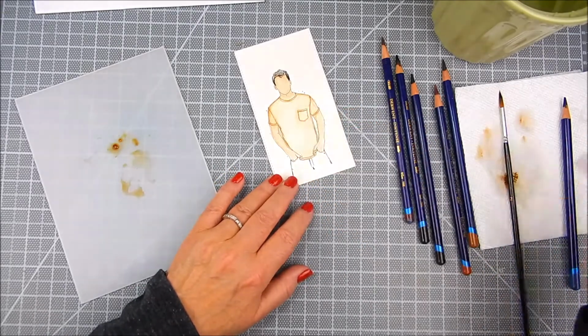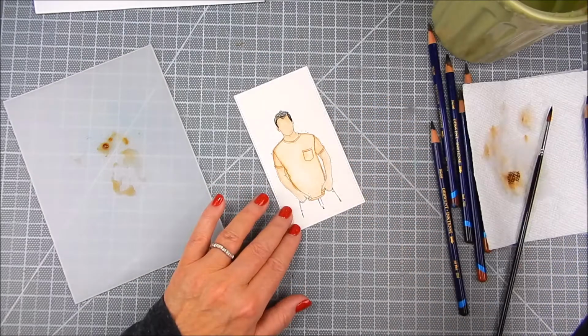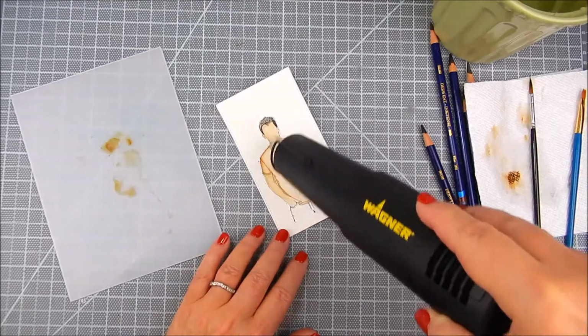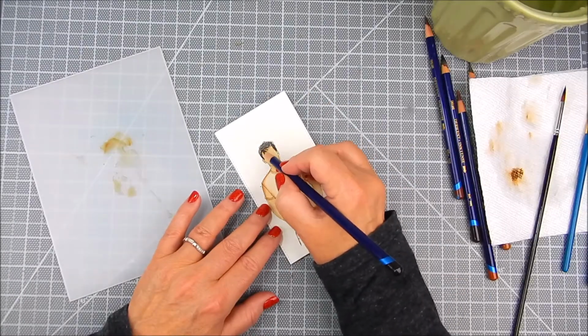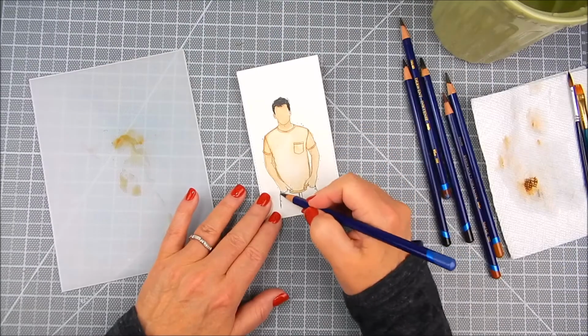Now I add in another section of penciling to the shirt and blend it out with the water, and I'm doing the same thing with each section of the stamp. So for black, I used a little bit, then added water, then I did it a second time. If you make mistakes, you can always go back and correct things later. But with watercolor, it's not meant to be perfect. It's more of a